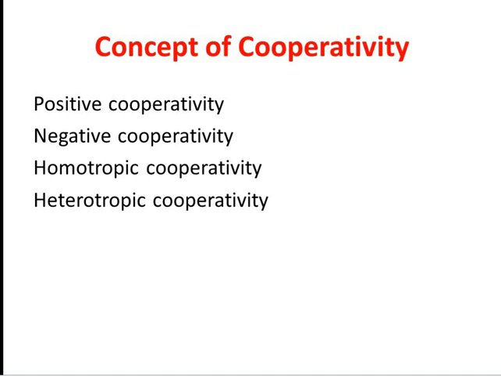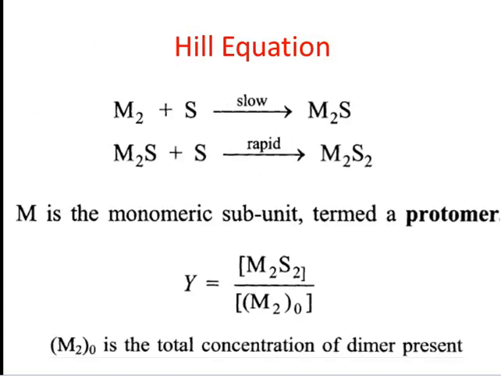Cooperative effects may be positive and homotropic, positive and heterotropic, negative and homotropic, or negative and heterotropic. Allosteric inhibition is an example of negative heterotropic cooperativity, and allosteric activation is an example of positive heterotropic cooperativity. Now we are able to understand the concept of the Hill equation. Let us consider the simplest case of positive homotropic cooperativity in a dimeric protein. There are two identical ligand binding sites, and when the ligand binds to one, it increases the affinity of the protein for the ligand at the other site.